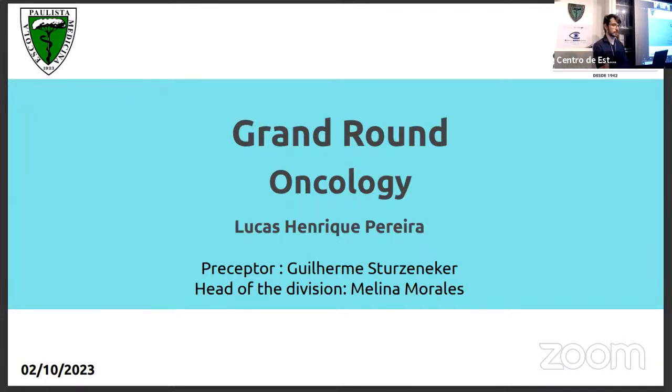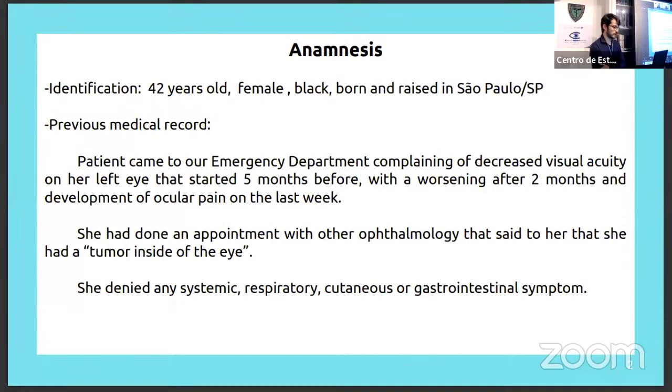I will present our ground of oncology department. I'm a resident of the second year. My preceptor was Dr. Guilherme, and the head of the division is Dr. Melina Moraes. Our ground starts with our patient, a 40-year-old female patient, Black, born and raised in São Paulo, that